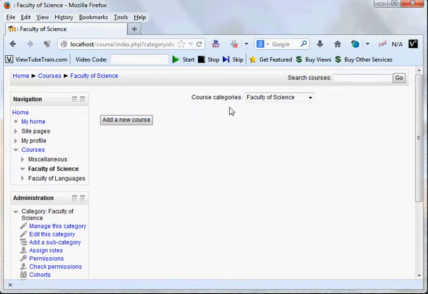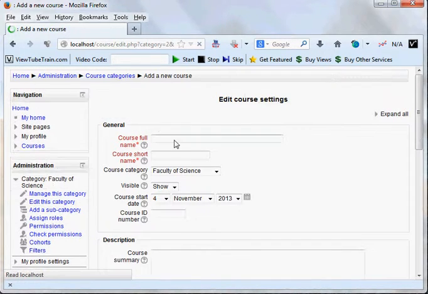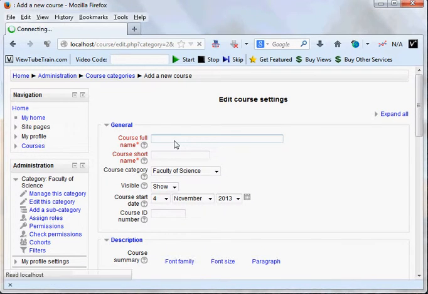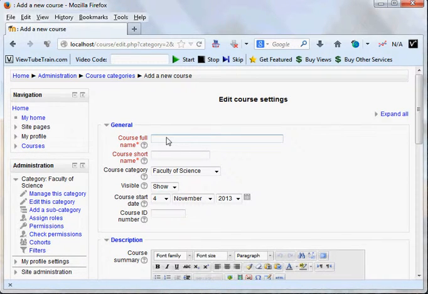So to add the course, when I click Faculty of Science, I click on Add a new course. Remember, you have this option if you are a course creator. So you click on Add a new course. So in this session, we are going to type the full name of the course. The course I'm going to create is called Introduction